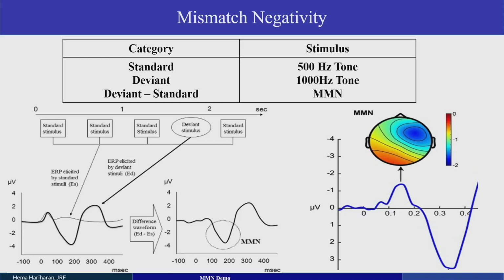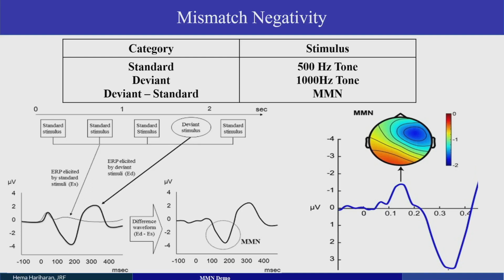Now there are various types of MMN also, like duration MMN. For example, from the standard to the deviant, we can change the time frame. Usually people take a 500 millisecond difference or a 2 hertz frequency difference, and do the experiment in that range. Sometimes they take a different time frame also. So there are different types of MMN, like duration MMN and delta MMN. There are various types of MMN.